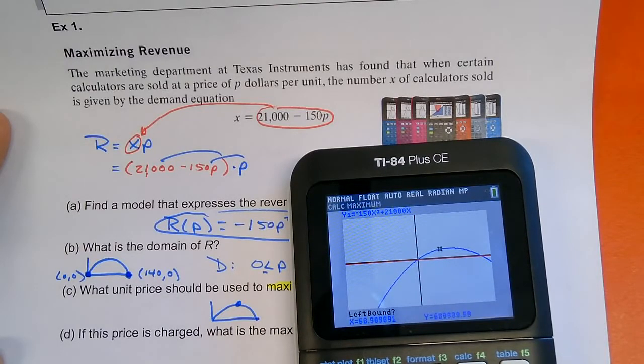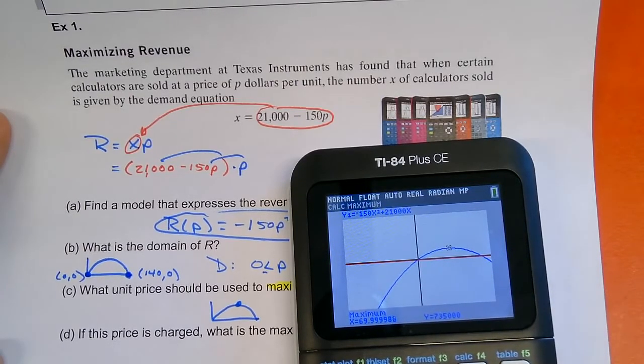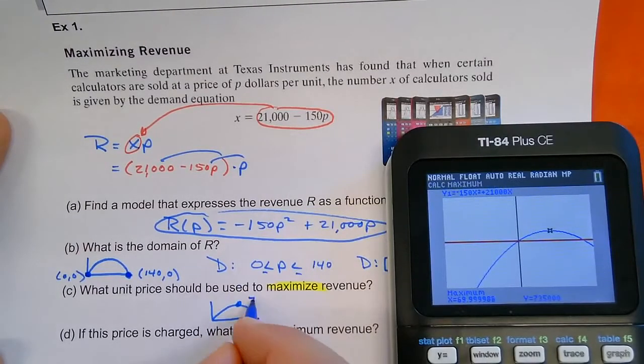Left bound, get to the left. Press enter. Right bound, get to the right where it's decreasing from left to right. Press enter. Guess, press enter. And I got 69.99999. You might have got 70.0000001. We want to go ahead and round that. So that's a 70, comma,